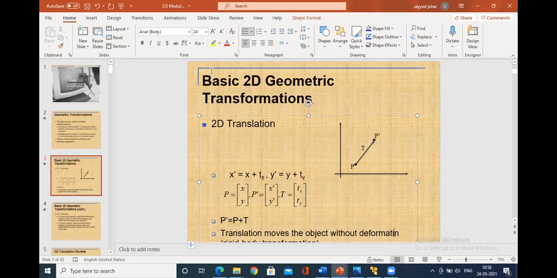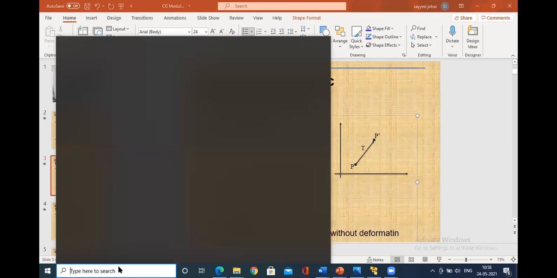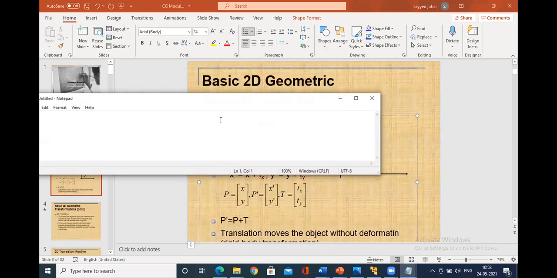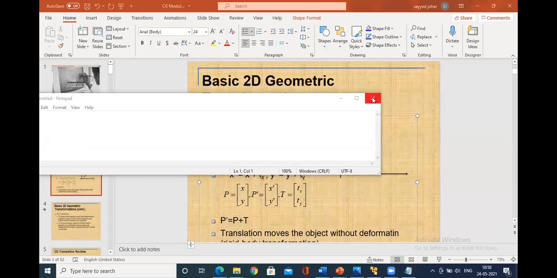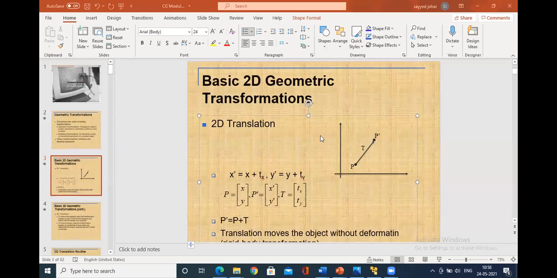So this X and Y have been changed. We write the new translation in column matrix form. P is the original coordinate, X, Y, and the new value P dash will be X dash, Y dash.